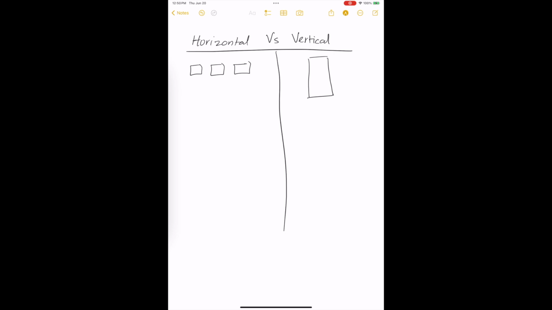So for the first topic, let's discuss horizontal versus vertical scaling. So what exactly is this, right? When you think of horizontal, you mean like on the x-axis, and when you think of vertical, you mean like y-axis, right? So as the name suggests, horizontal means you add more machines. And for the vertical, it means add bigger machines,